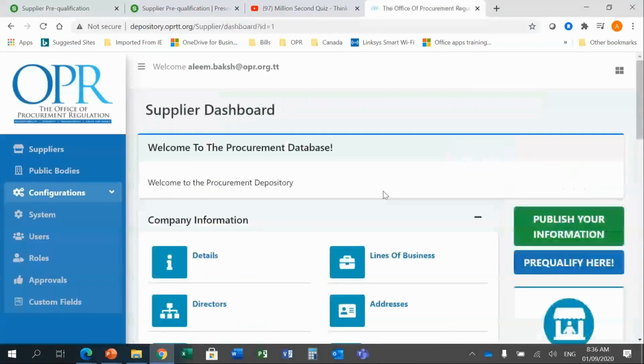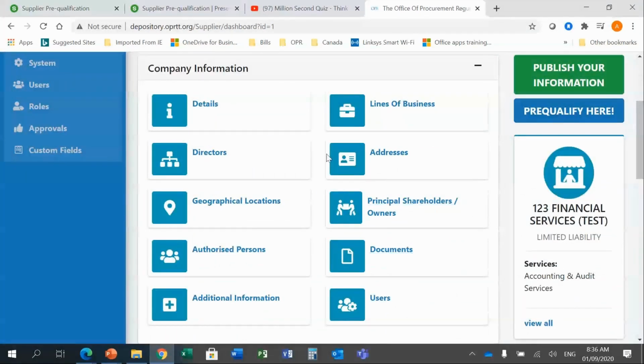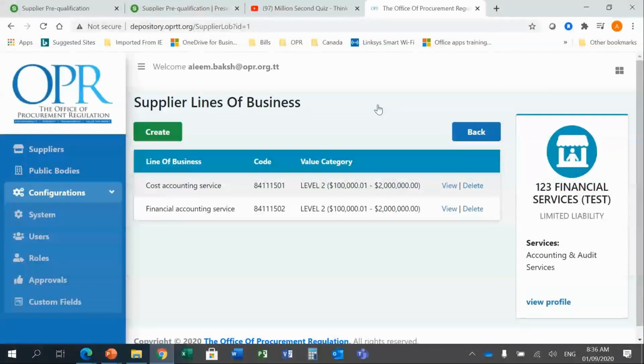Go back. So I'll come back into this once I've demonstrated some more how we actually upload documents. But I want to proceed now to the lines of businesses, which is the second aspect. And lines of businesses relates to the UNSPSC codes, as you may recall from our previous sessions. And this is where you will indicate the particular goods or service that you